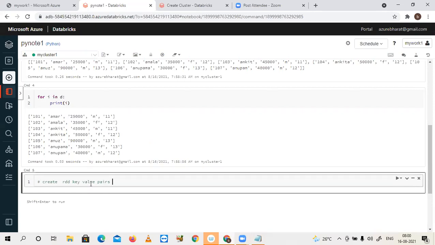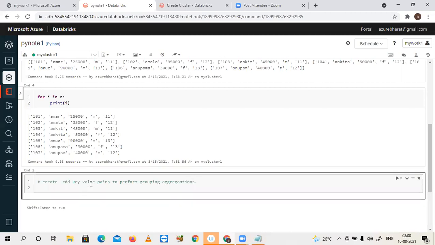What is the purpose of key value pairs? To perform grouping aggregations. Okay, I'm going to create it now. Let's say this RDD name I am giving as pair. Your previous input is in data2. So data2.map of lambda